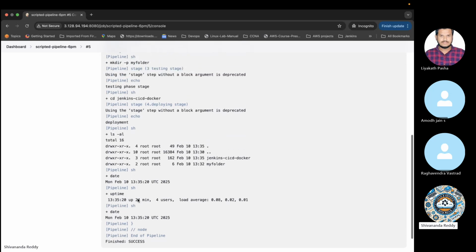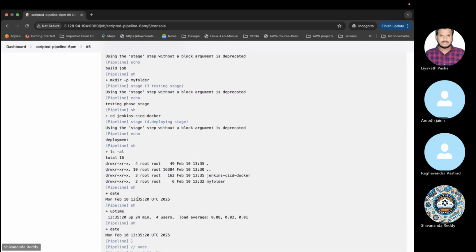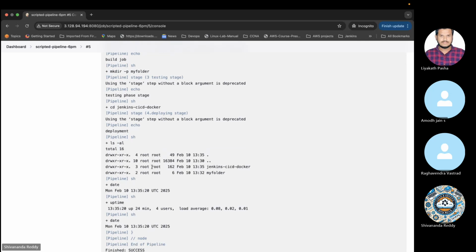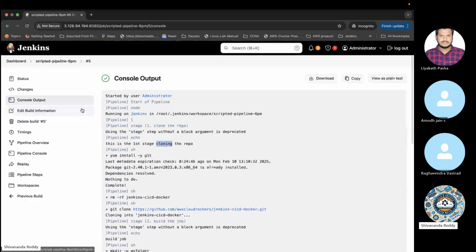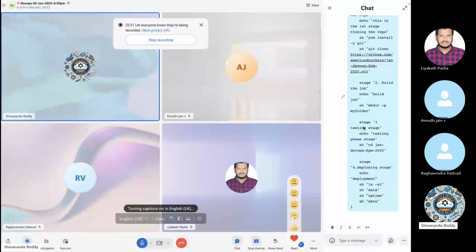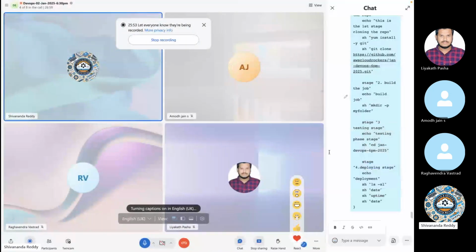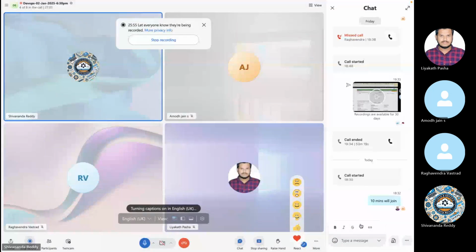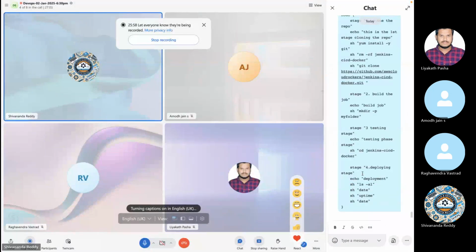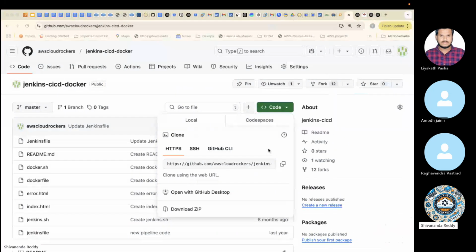Many things we can view there. Let me share the updated code with you guys. Like this, you guys can clone. Next,